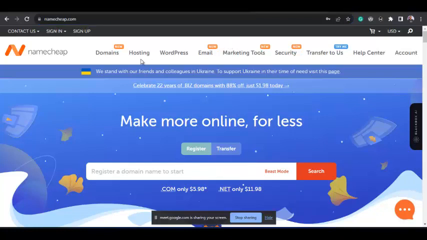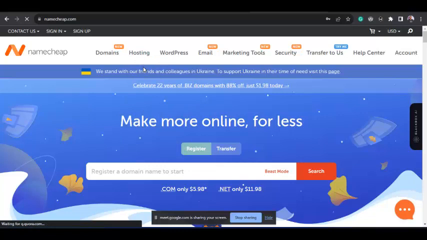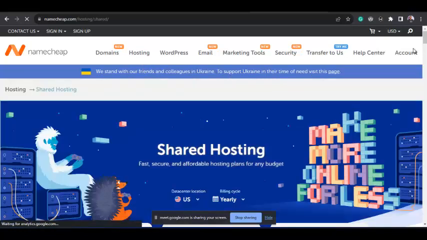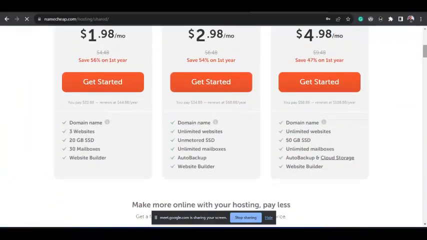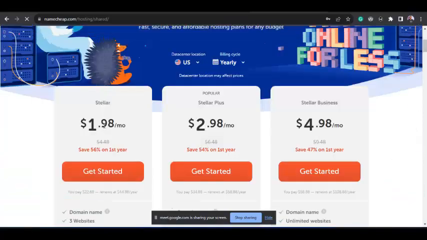Then you go to get your hosting, you click on shared hosting, and then you can go for this one. This one is okay for a starter website. You can just get this for about 1 year. So if I click on get started,